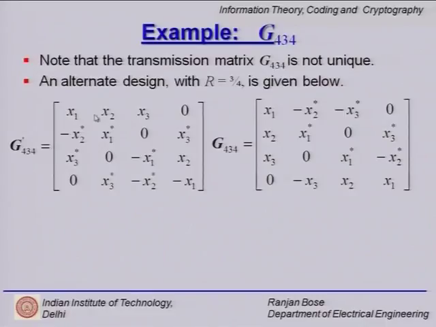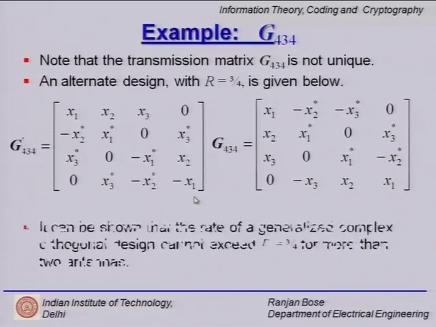So, we have x1, x2, x3 from the first three elements, nothing from the fourth element, whereas in the first design we had the complex negative earlier and so on and so forth. But again, zeros, one 0 in every row, one 0 in every row. Now you can check that both of these designs are orthogonal.